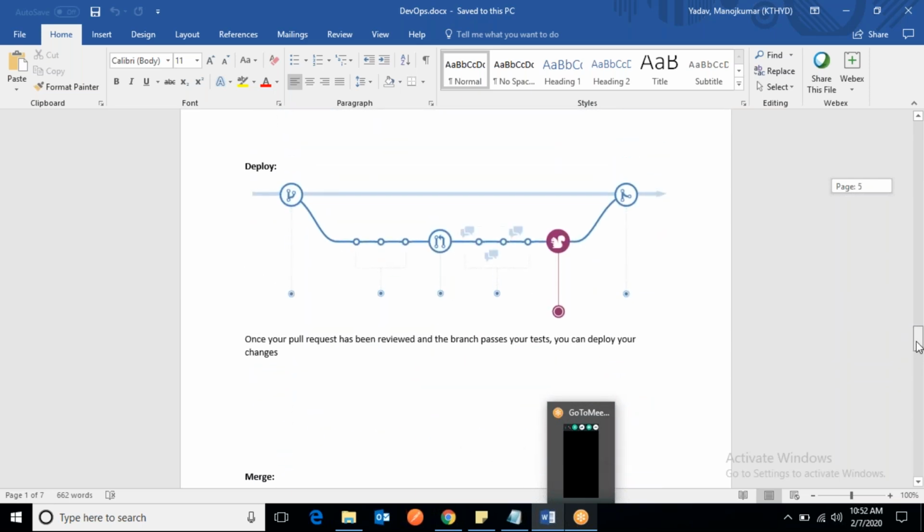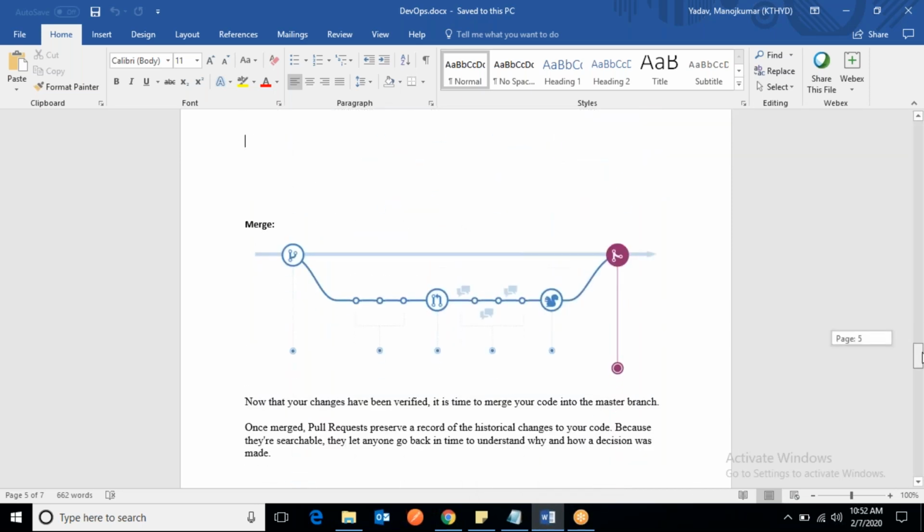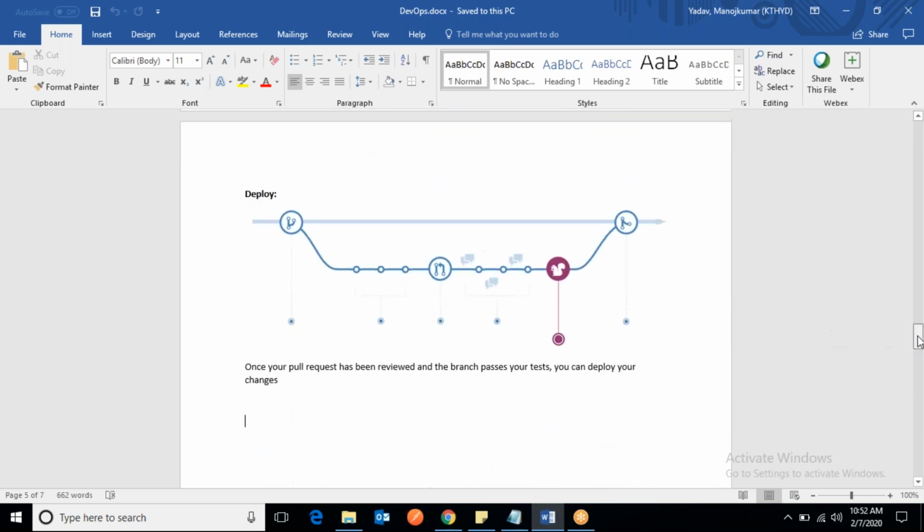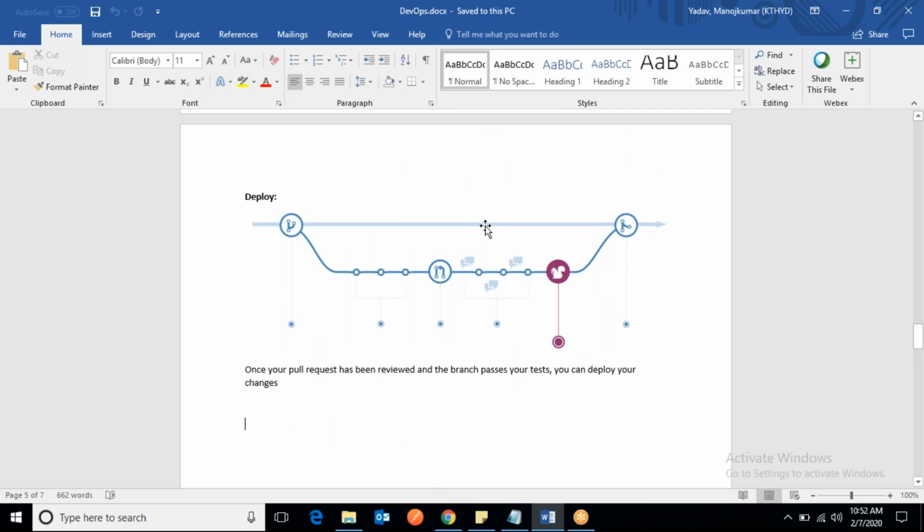So this is a workflow which you can apply in your development team. Once everything is fine, generally you see here the first is the master branch, and this is the dev branch. Generally teams follow this way: master is always the production branch, so they don't do anything directly there. They create a development branch and everything is done on this branch first, like creating a branch from this development branch, merging your code, creating a pull request, and deploy.